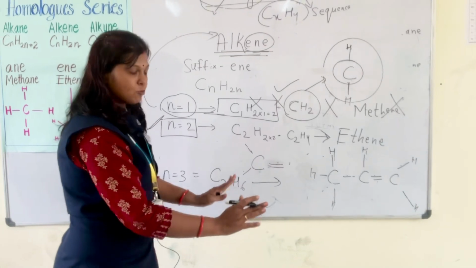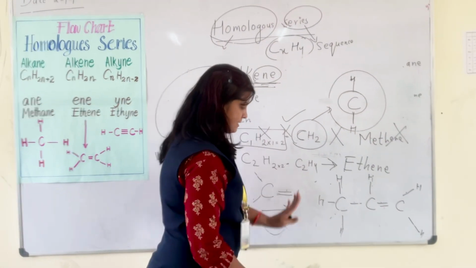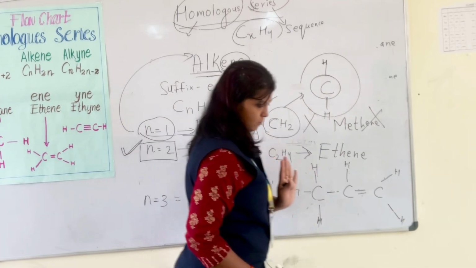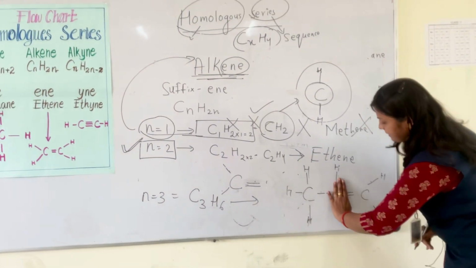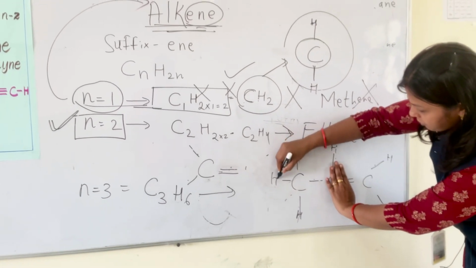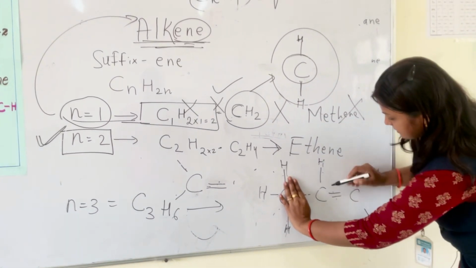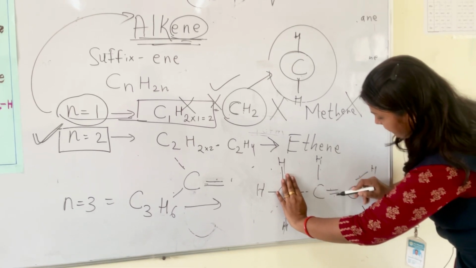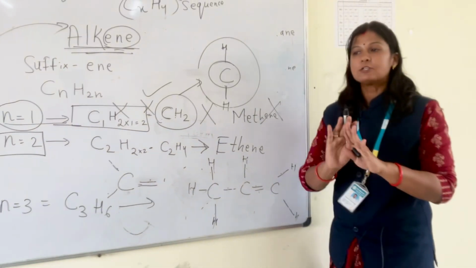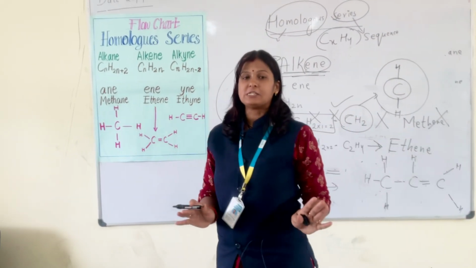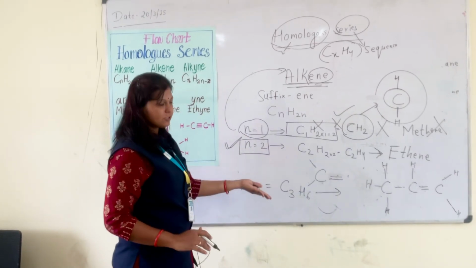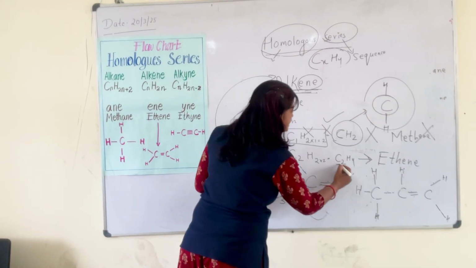Now how will you come to know that your structure is balanced? Just check by putting one hand like this. Suppose you are taking this carbon. Now put your hand here. See the bond. 1, 2, 3, 4. Now put your hand on this carbon. 1, 2, 3, 4. Now this carbon. 1, 2, 3, 4. Means all carbons are equally satisfied with all the bonds. Clear?